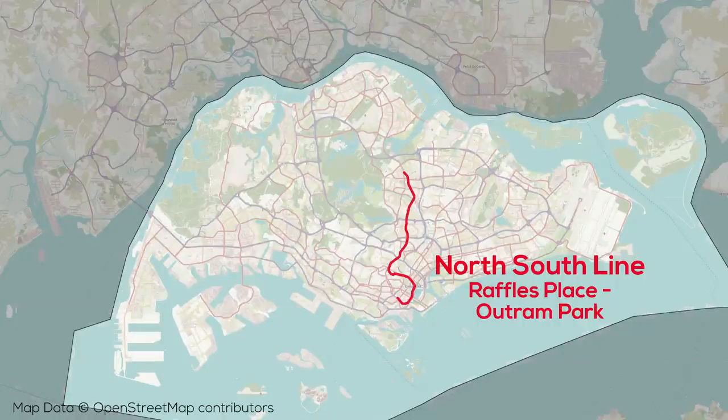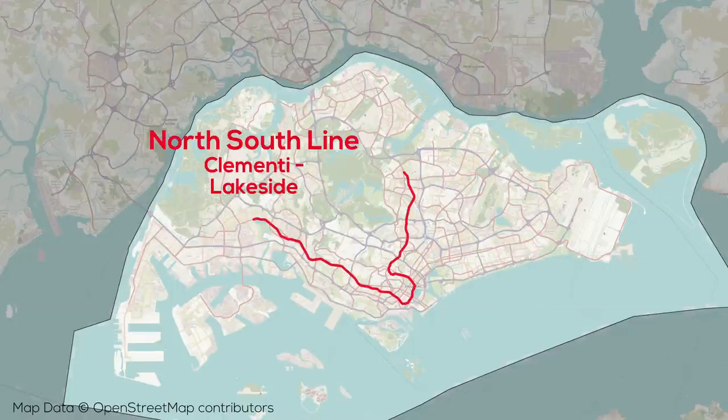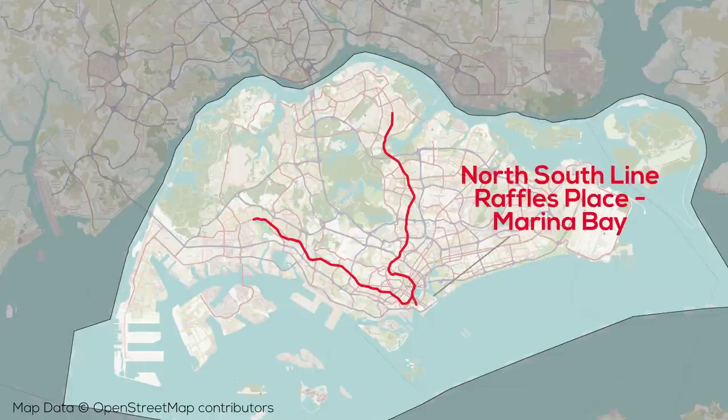The next year in 1988, the North-South line was extended west to Clementi, and then later Lakeside. The north end of the line was extended to Yishun. These extensions were both almost entirely above ground. Things changed substantially the next year in 1989 with the introduction of 2 new extensions. The first extended from Raffles Place to Marina Bay and was taken over by a newly curtailed North-South line, while